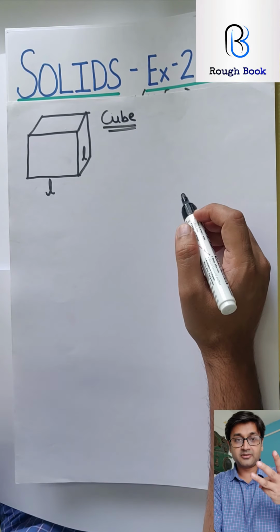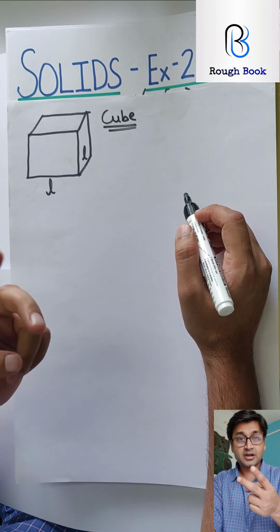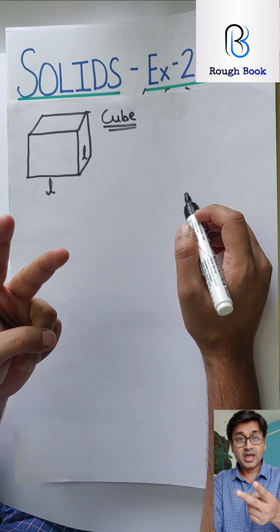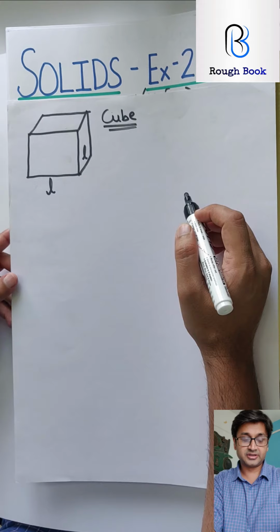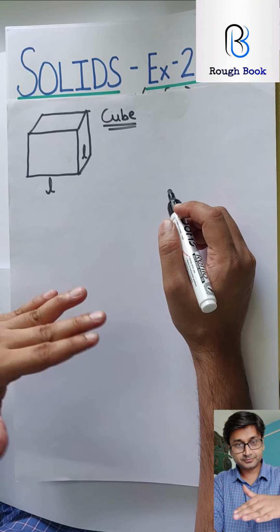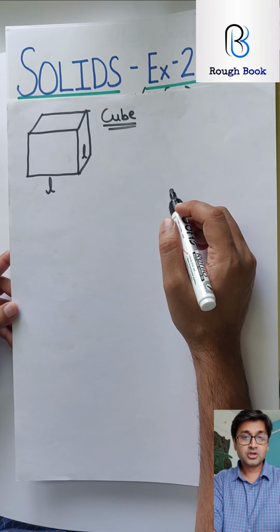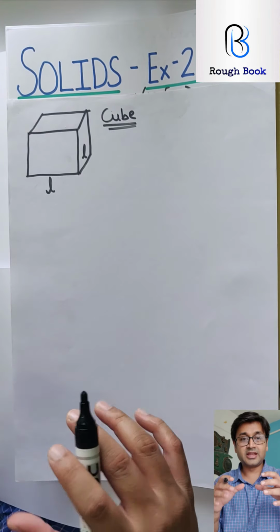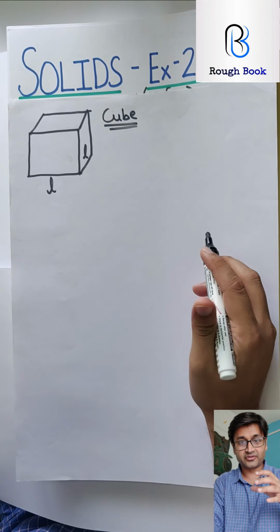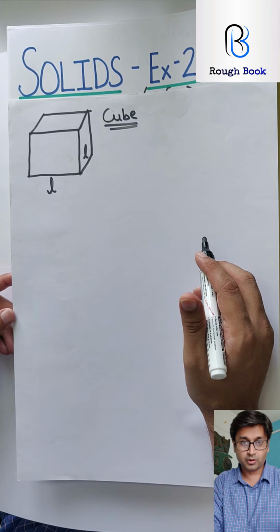Now there are three things that we need to understand here. Number one, the surface area. Number two, the volume. And there are two parts of surface areas. Surface area is any area which you can see and paint, and volume is the inside space that is available. If you consider a box, all the surfaces are the surface area and the place that is available inside becomes the volume.